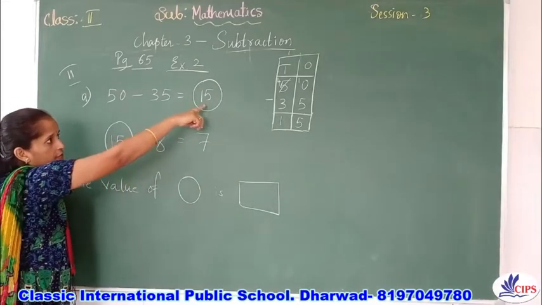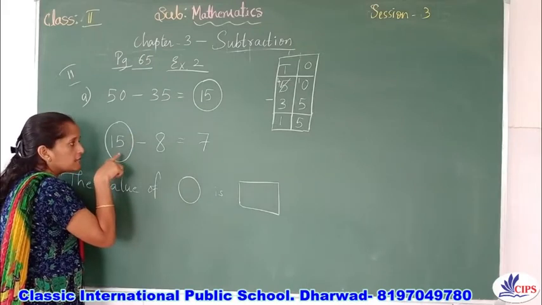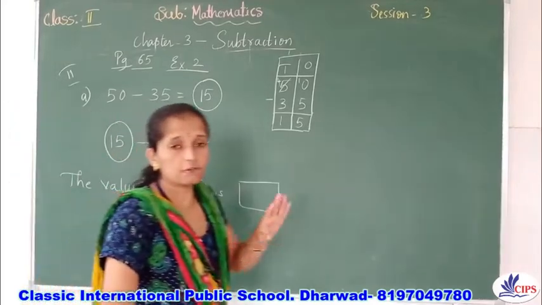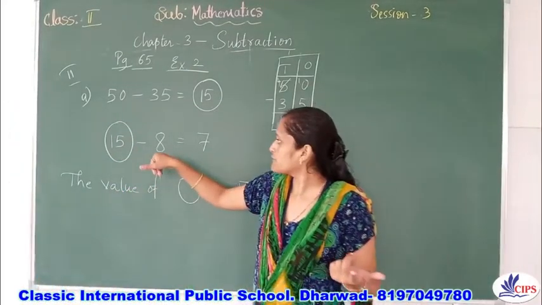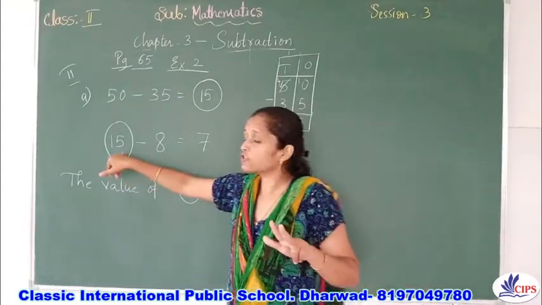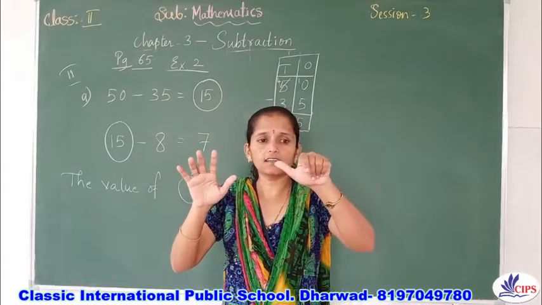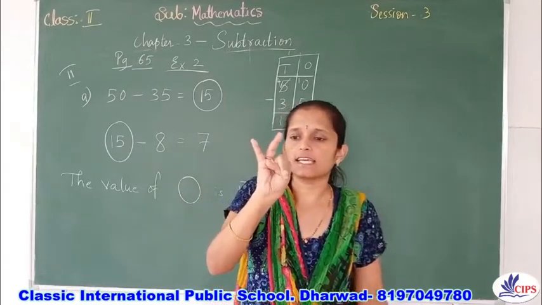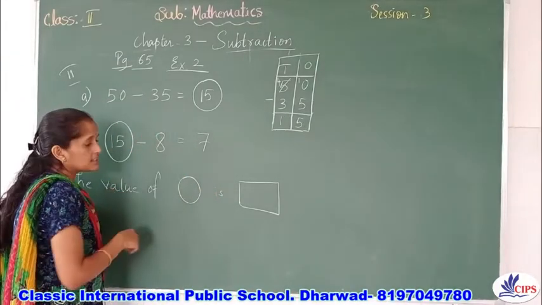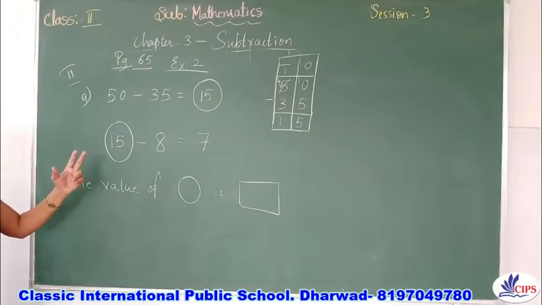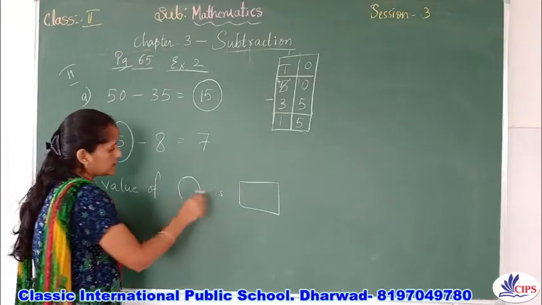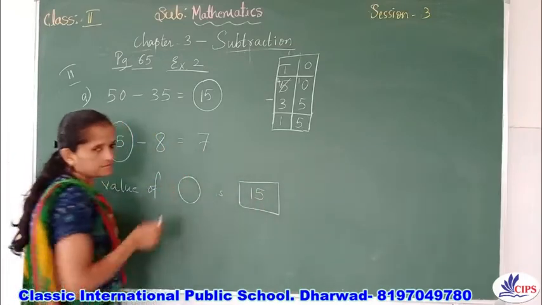See here, this 15 I am taking here, and check whether 15 minus 8 is 7 or not. 15 minus 8. I don't have fingers for 15, so that time you have to go for the second number, hold 8 and go in reverse order: 15, 14, 13, 12, 11, 10, 9, 8, 7. So the answer is 7. So for this round shape, both the answers are the same. Can you check here? Yes, both answers are same. Means the value of the round shape, that is colored, is 15.